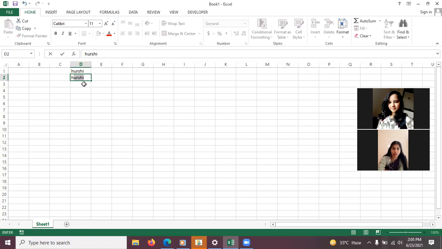This is the autocomplete feature. Similarly, the next feature we have is autocorrect. In any cell, just write down a wrong spelling of AND. Write it in capitals, instead of AND write ADN. We are writing the wrong spelling, and let's see if it will correct it. Press enter. Yes, you can see the spelling has been corrected to AND. So this is the autocorrect feature. If sometimes we write small wrong spellings, Excel automatically corrects them for us.